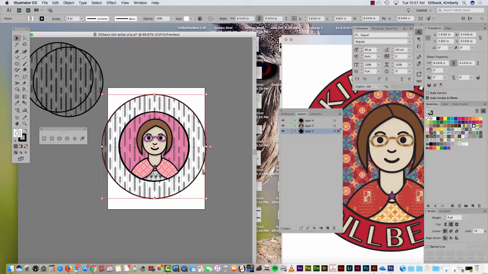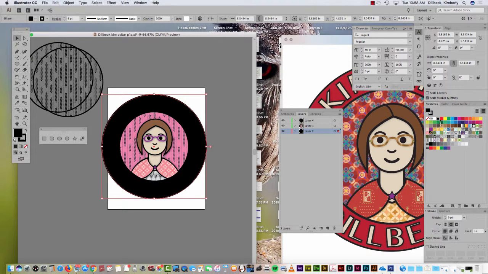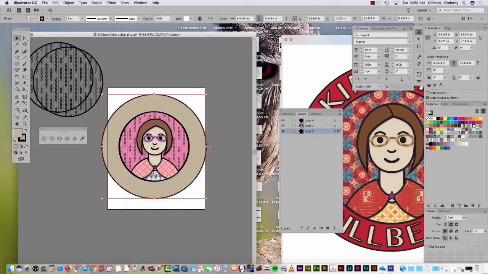Now I just happen to have a pattern on this. I'll probably put a color on there of some sort. Or maybe black would even look cool. No, it's too heavy. I'll go with that. Okay, so next we're going to do our type on a path on these 2 circles,